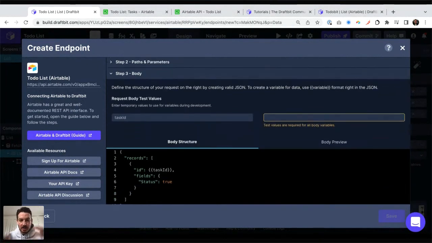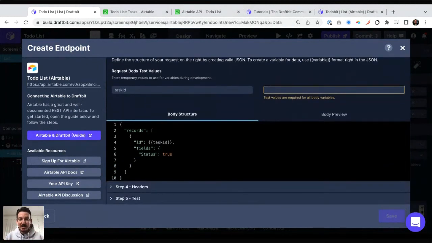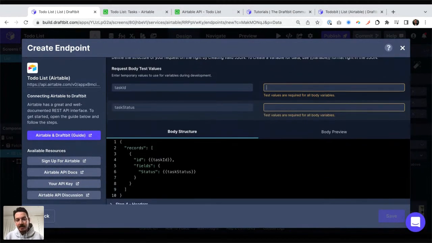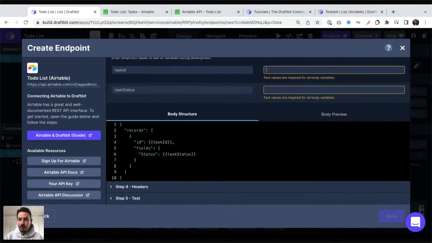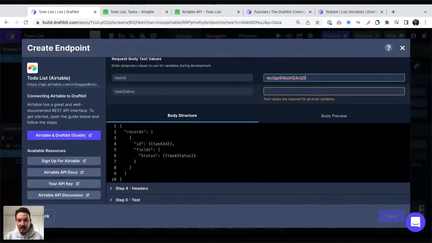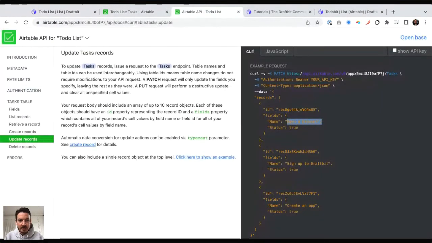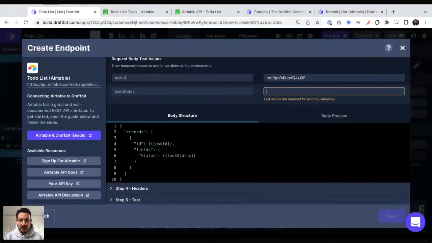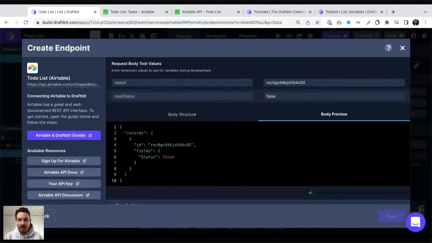And we're going to give it a name, which is going to be that placeholder name. So it's task ID. And same thing, it's not always going to be true, the complete, sometimes I'm going to uncheck things. So for that reason, I'm just going to call it task status. Okay, so now it's dynamic in my screen. I'll be able to use different values, but I can still test it here just to make sure I at least got it right. So let me use an existing ID. Open a browser right now is true. So let's try with false, see if that changed it.